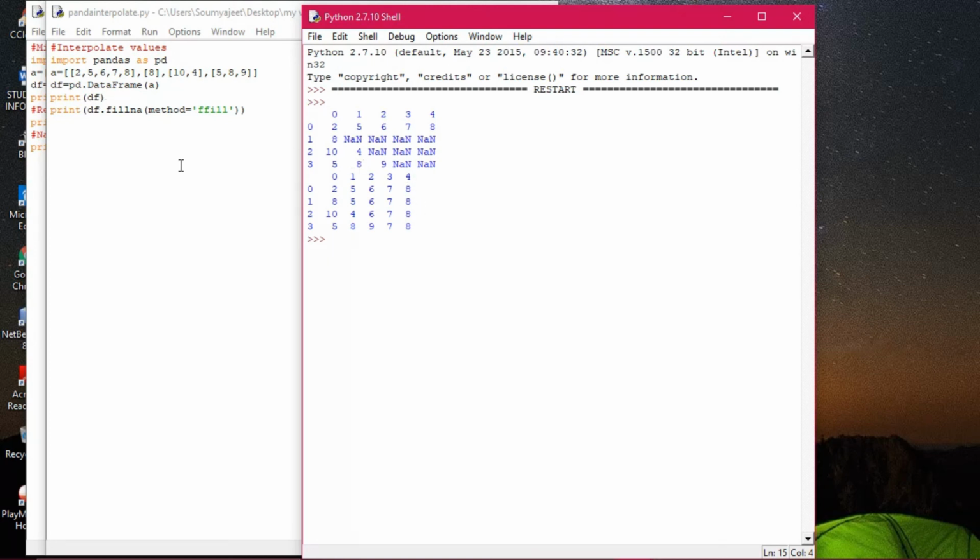Now the interpolation has taken place here, that is print df.fillna with method ffill applied here. You see, where is the NaN now? 5 is here, and then 5 has come over here, and 6 is here, and 6 has come over here. 7 is here, 7 has been copied, 8 has been copied as well, and 6 7 8 as well, and 7 8 has been copied. So wherever the NaN was, everywhere the values have been filled. And the values have been copied from where? From the just above cell, the same value has been copied. If you follow the output, you can understand it more clearly.